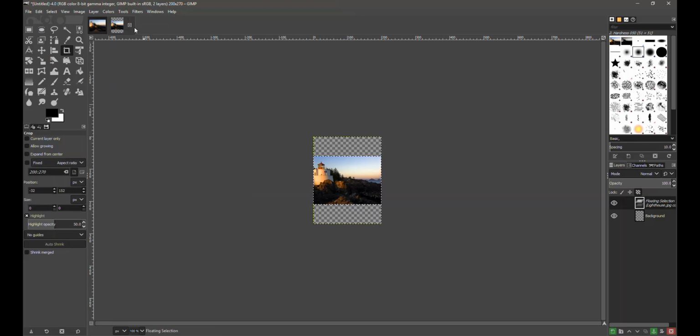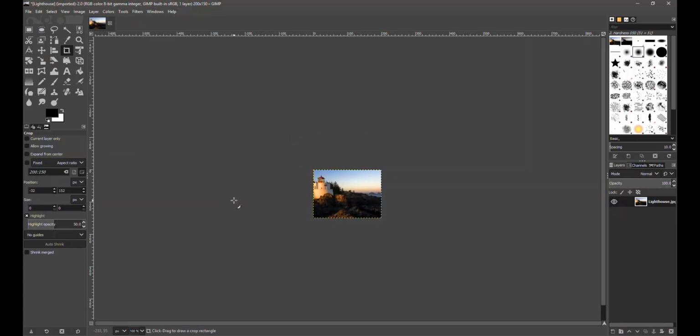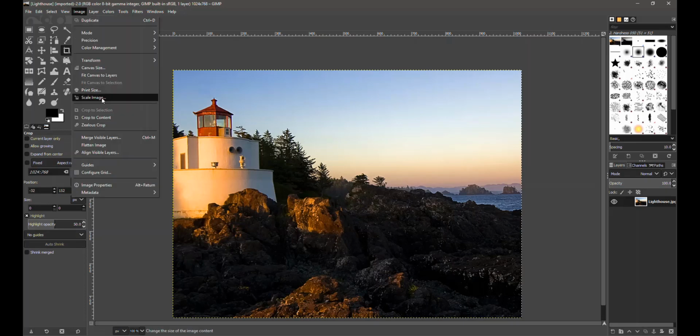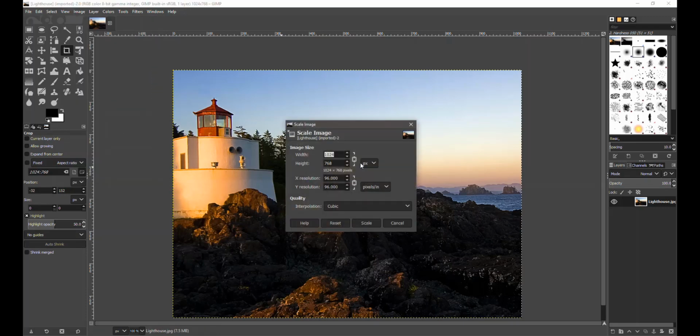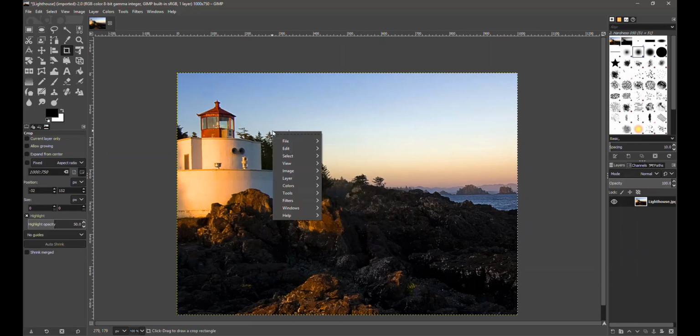Okay, so now that we're done with the thumbnail size image, we're going to focus on the detail size. Same concept, now we need to change the width to 1000 pixels wide. So here we're going to click on Image, then go to Scale Image and change the width to 1000 only. Then you'll see that the height will change automatically, so you're going to click on Scale, then copy the image,